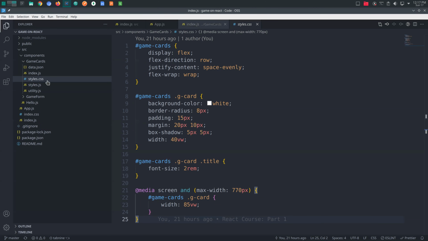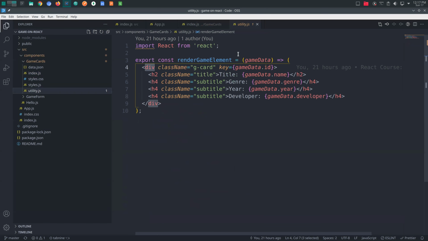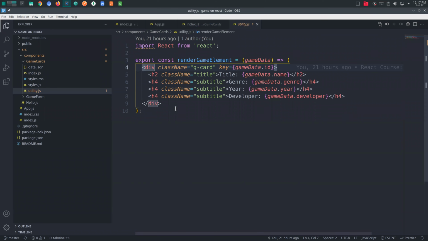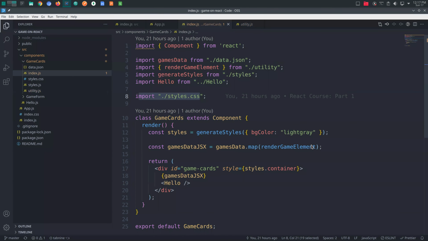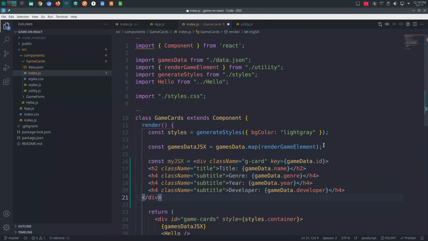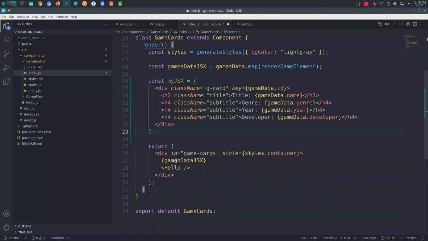Basically, what we are doing with the renderData function is that we take JSON and we return JSX. Why do we do that? Let me get back to cards. Here we have, let's take this. What we could do is basically get the game data that we're taking from the JSON. Let's do something here, my JSX. And we could have JSX here. This is my JSX. And just here, return